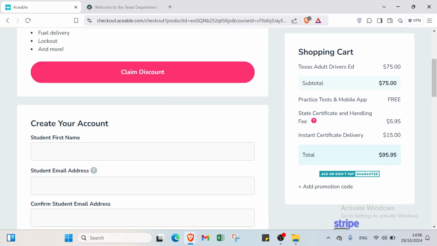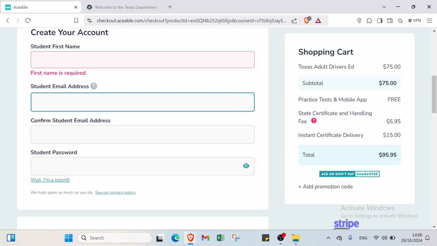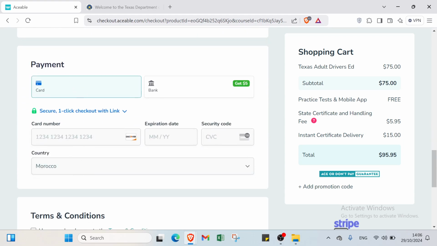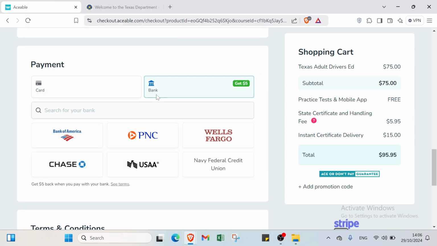If you scroll down, you just have to add your first name, your email address, confirmation of your email address, and your password. Then if you scroll down, you'll find the payment option. You have to add your card number, expiration date, security code, and select your country. Also, you can use the option